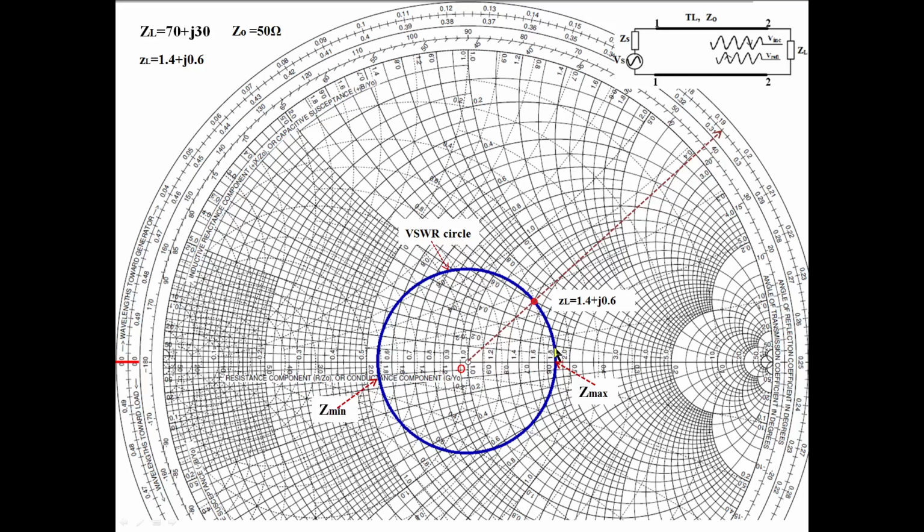What is the reactance circle passing through this point? See, this is a point, and this is a circle passing through it. What is the reactance value of this circle? You read it. It is 0.2. The 0.2 reactance circle and the 1.8 resistance circle pass through this point, approximately, not exactly. So 1.8 is the resistance and 0.2 is the reactance value. So the impedance at this position you can read.